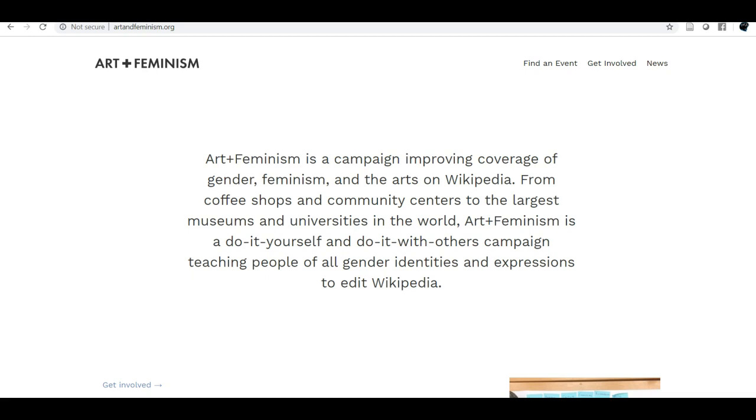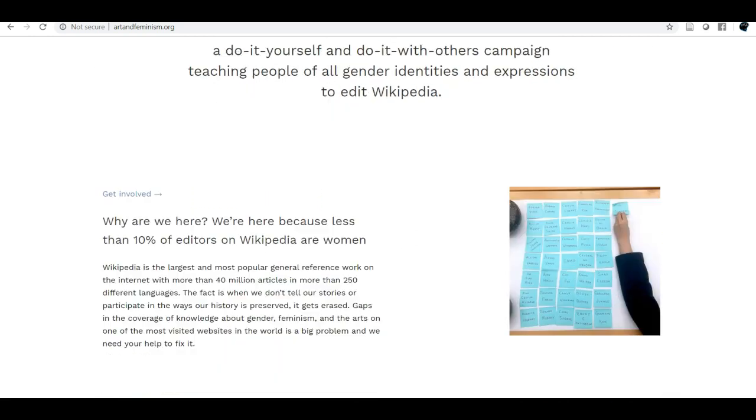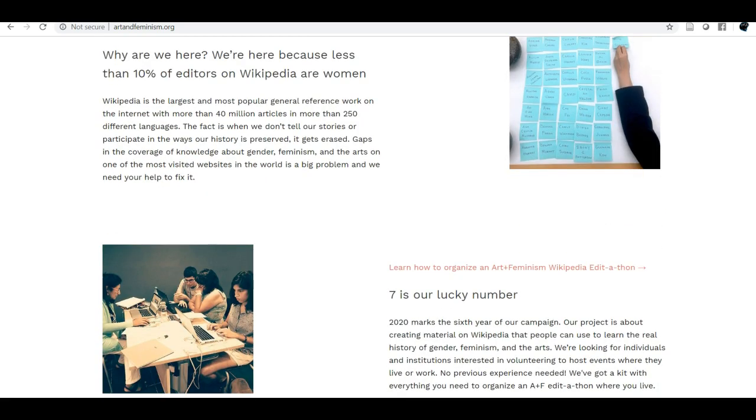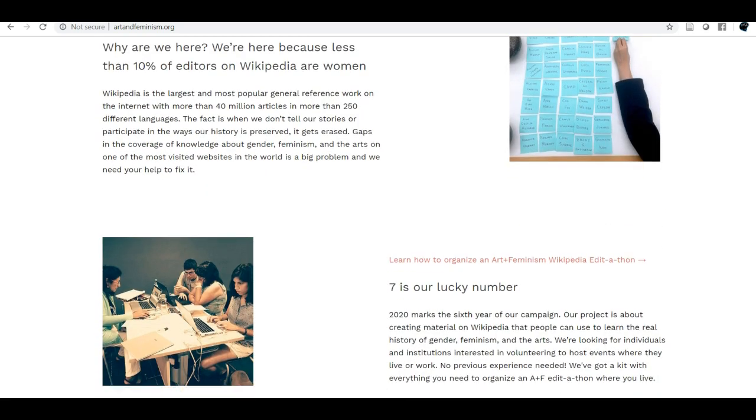But there are these things called edit-a-thons, and basically you have edit-a-thons that can be related to the arts or related to the sciences or social issues or anything of that nature. But librarians and other information professionals get in on these Wikipedia edit-a-thons in order to, in a collaborative, coordinated effort,